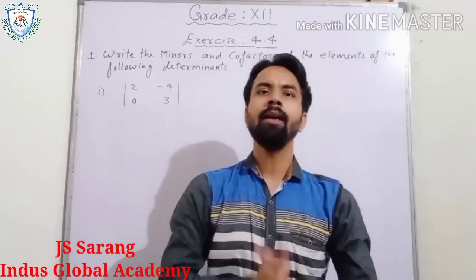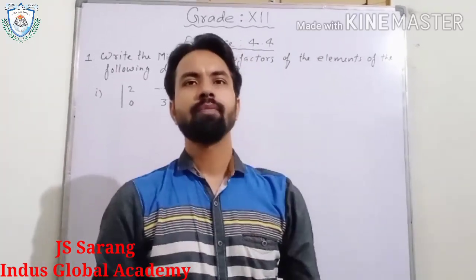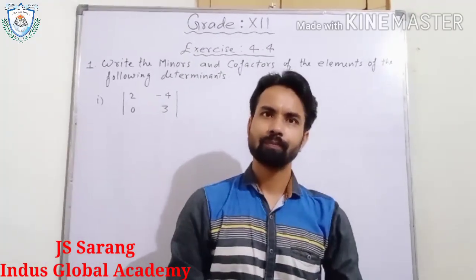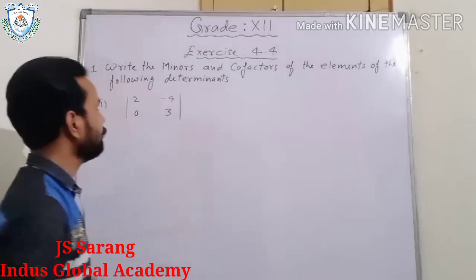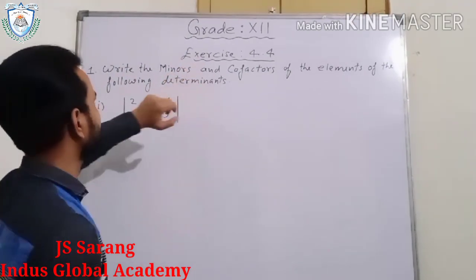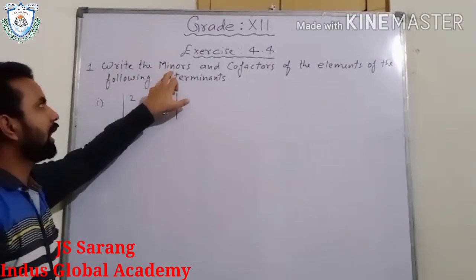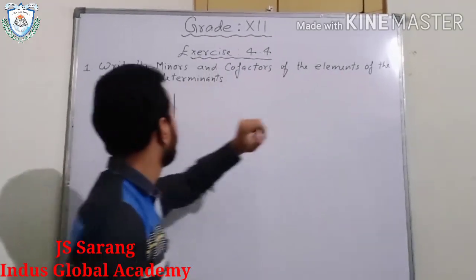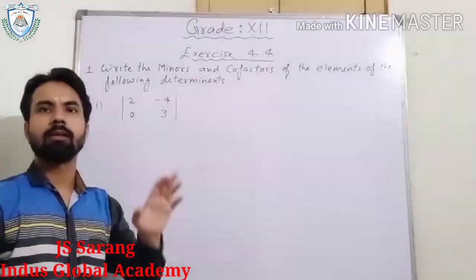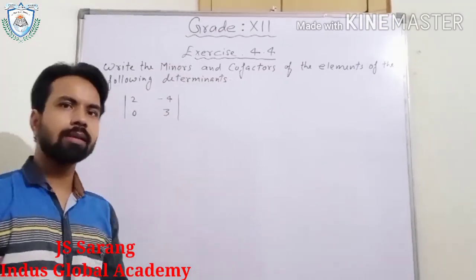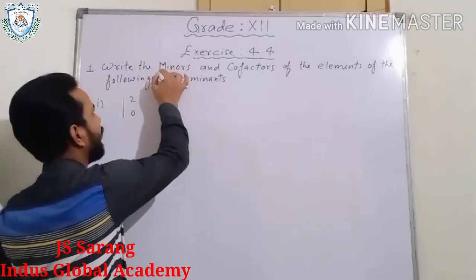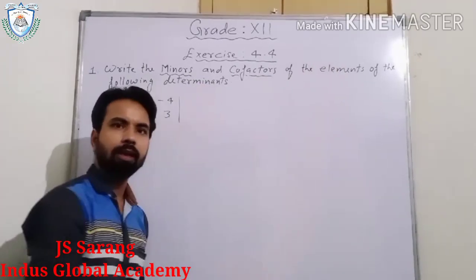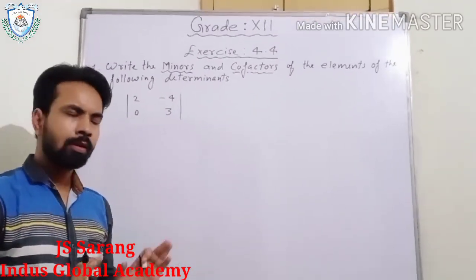Okay students, today I will explain you exercise 4.4. Clear? So are you ready for that? Good. So the very first question of exercise 4.4 is: write the minors and cofactors of the elements of the following determinants. So here today we will discuss minors and cofactors of the elements of the given determinant. Clear? So see,